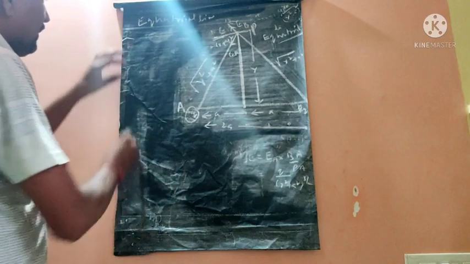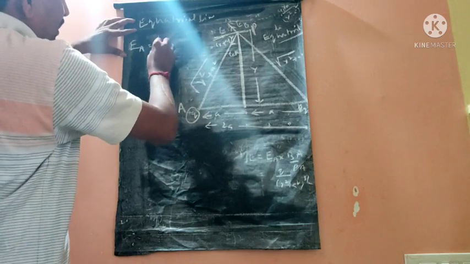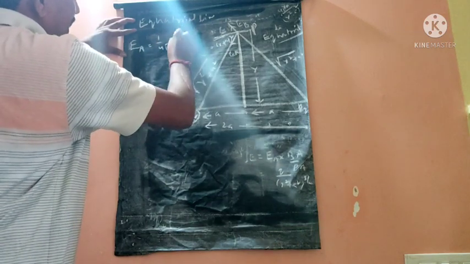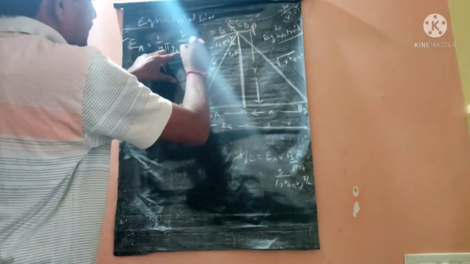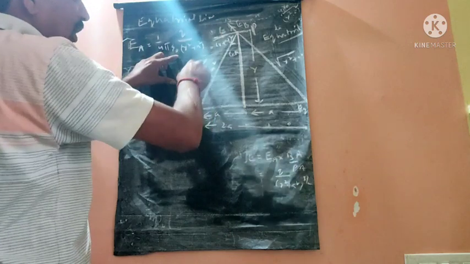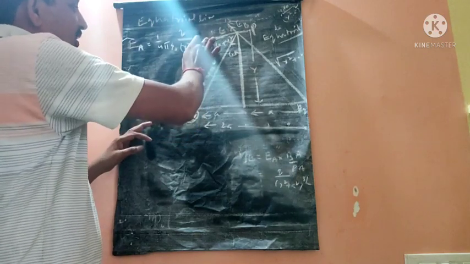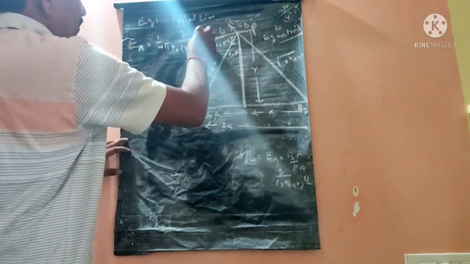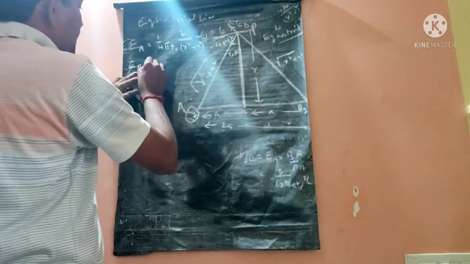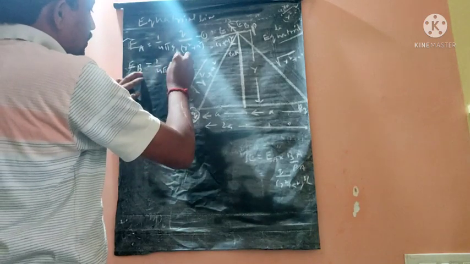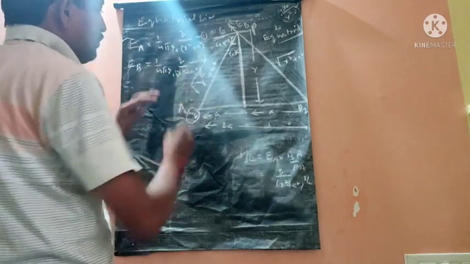Now we want to find out the electric field due to plus q. E is equal to 1 by 4 pi epsilon naught q by r square. So q by the square of the distance, that is the square root of (r square plus a square), whole square. Okay, the root and square get cancelled, r square plus a square. This is equation number 1. And the electric field due to minus q, so EB is equal to 1 by 4 pi epsilon naught q by this value, also the same, r square plus a square. Okay, this is equation number 2.